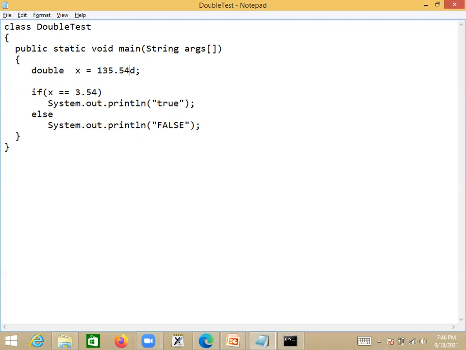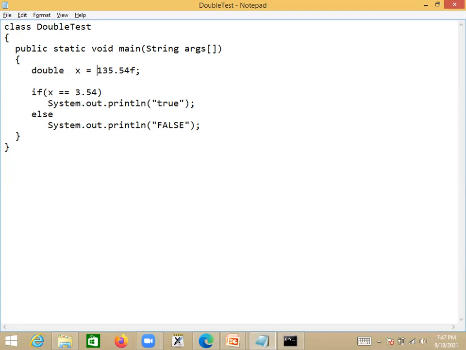So if you precede it with a D, it is double only. This is redundant, so that's why people don't use D there. If you use F here, this will be treated as floating point type, and now it can be stored into a floating point data type.